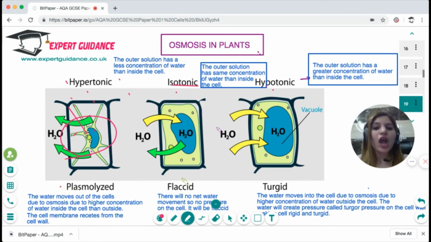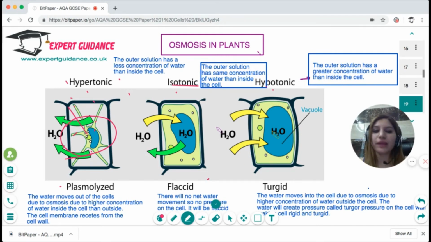plasmolysis. On the other hand, when you place it in a hypotonic solution, that is, more concentration of water, the water will move into the plant cell by osmosis. Then the plant cell will increase in size and become swollen. As it becomes swollen, it will give a pressure to the cell wall and the cell membrane. That pressure is known as turgid pressure or the turgor pressure, and that makes the plant cell in its